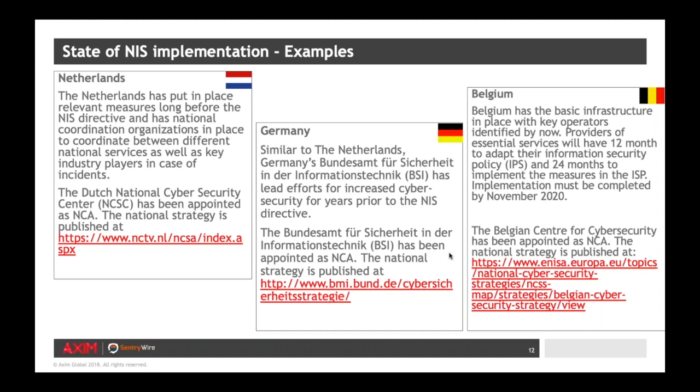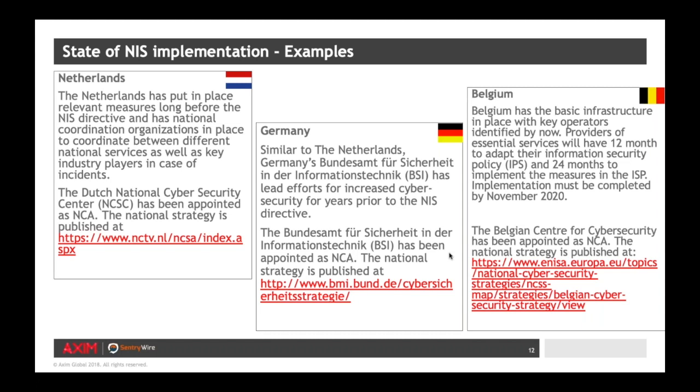And again, they've been appointed as the NCA, and they've got a national strategy that's published online, and they reach out quite actively to organizations and enterprises throughout Germany, but also consumers and small organizations, and they're doing that quite